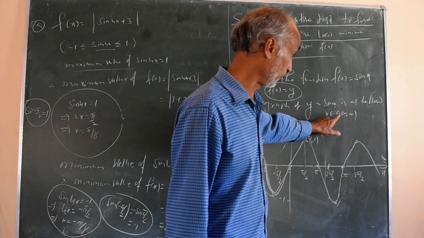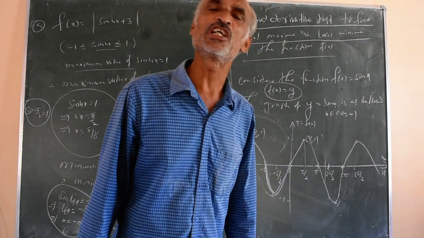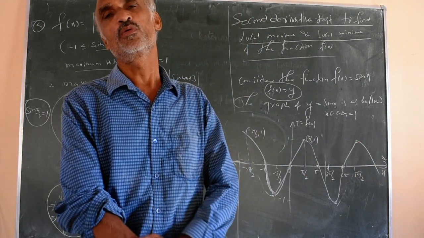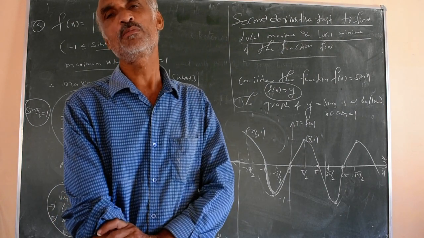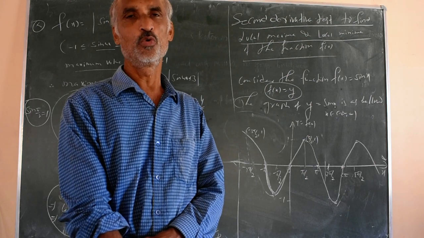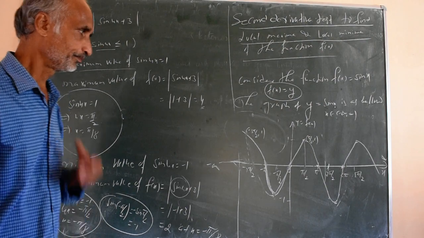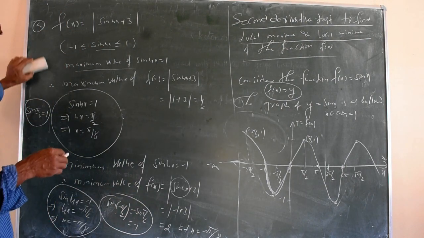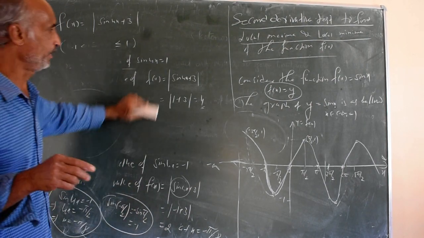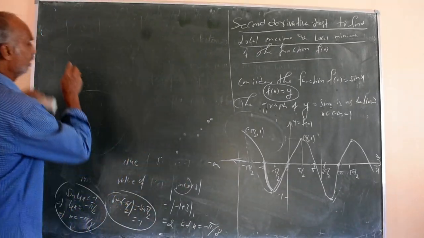In this particular domain, there are so many subdomains. In each and every subdomain, the function attains one maximum and one minimum. These are called local maxima and local minima in the subdomain. So, therefore, let us give the idea about local maxima and local minima. Therefore, the domain of the function,